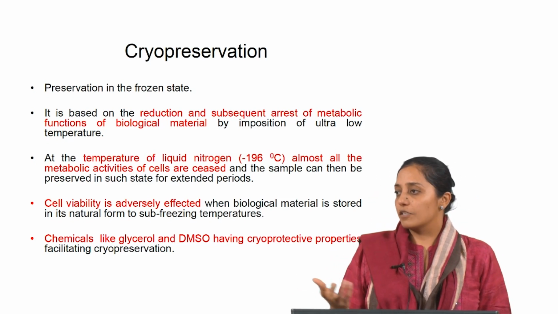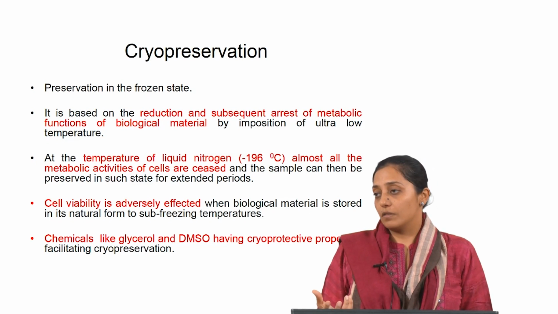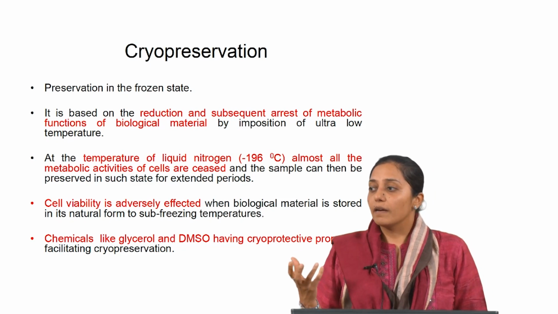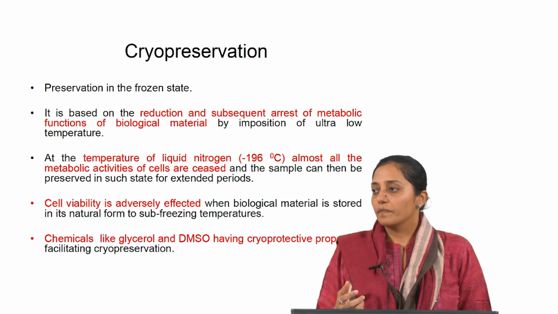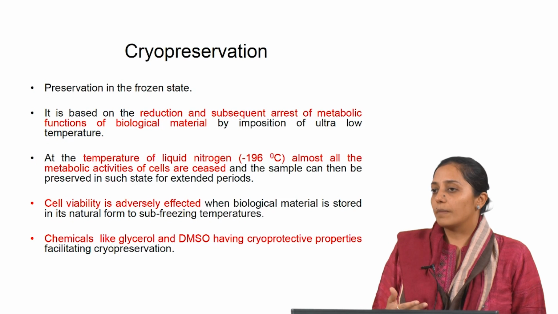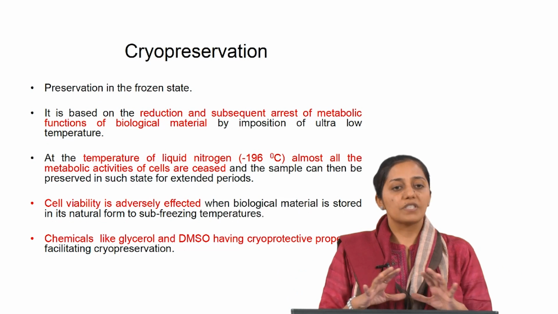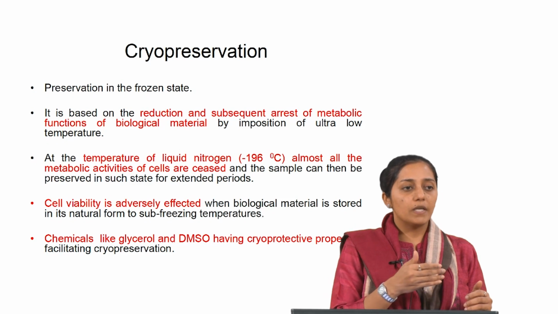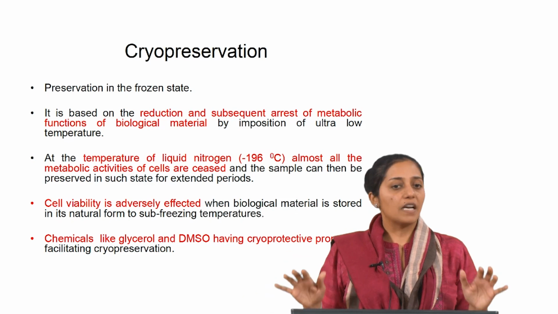So for plant cell cultures and animal cell cultures, the biological material is stored under liquid nitrogen or in the vapors of nitrogen. Why are we storing the material at such low temperatures? Because it has been observed that at temperatures in liquid nitrogen, which is so low, sub-zero, the entire metabolic activity of the cell can be brought to a standstill, can be arrested.